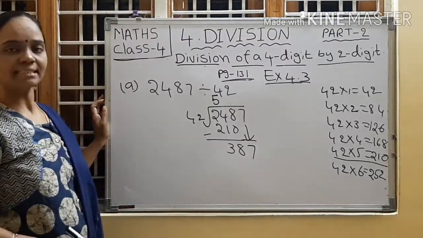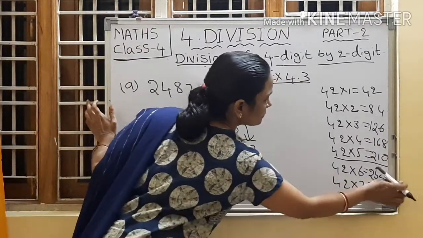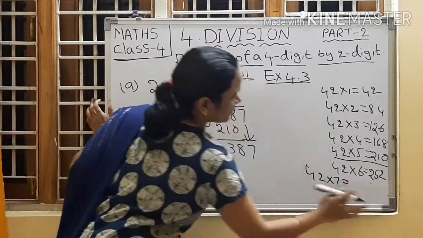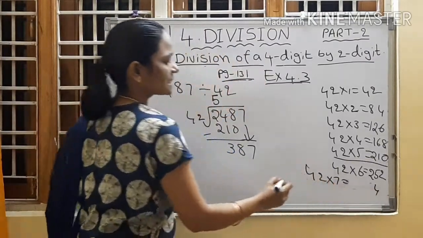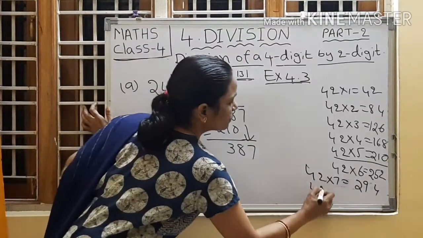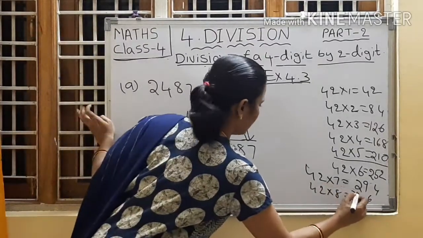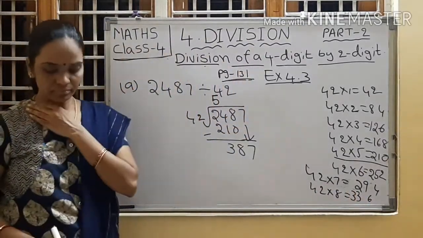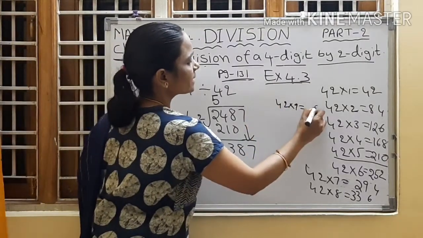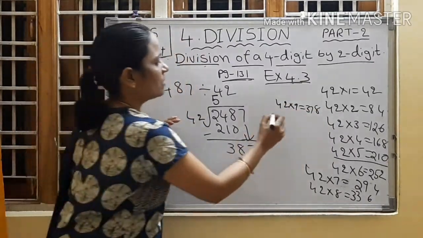Will you get 387? Yes, we will check. Write on the table. 42 7s, how much? 7 2s are 14. 7 4s are 28 plus 1, 29, 294. Next 42 8s are 8 2s are 16, 8 4s are 32 plus 1, 33. Next 42, here I am writing 42 9s, how much? 9 2s are 18, 9 4s are 36 plus 1, 37, 378. 42 10s are